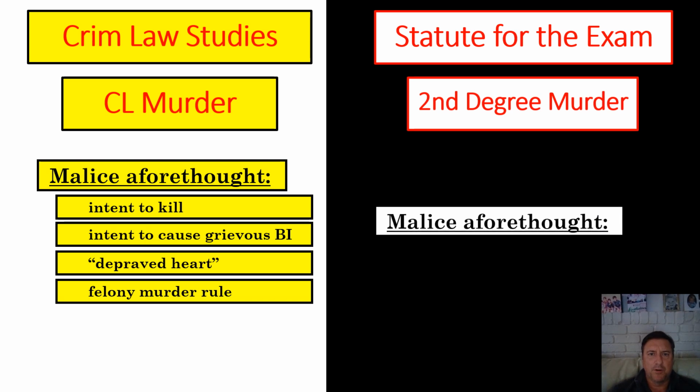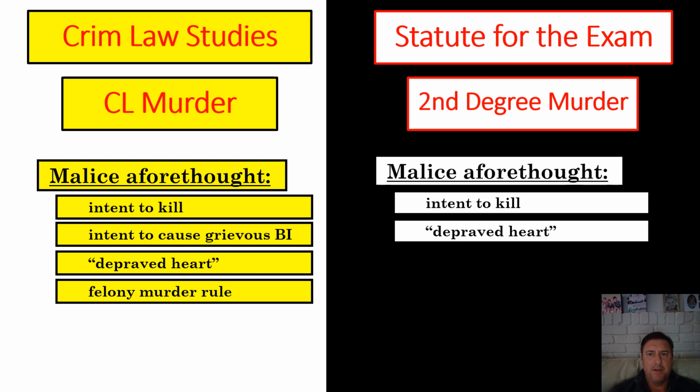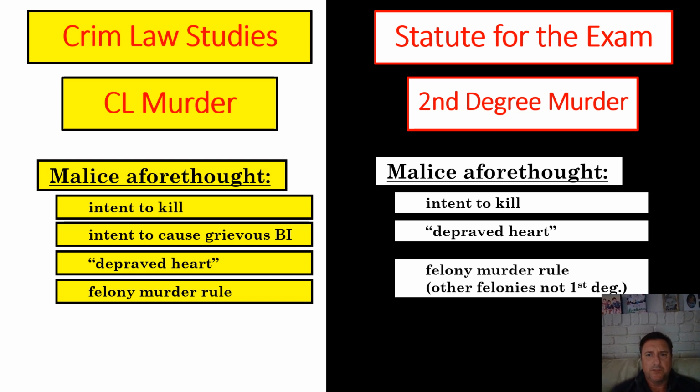And then look at second degree murder. Yeah, I'm bringing over the same malice aforethought decision. Maybe I don't like the grievous bodily injury part, so I bring over intent to kill, I bring over depraved heart, and then I bring over some sort of catch-all to my felony murder rule, right? We studied California. They do something like this with Section 189. So their felony murder rule in murder two is essentially all other felonies. They've listed out the ones they like, just like I did on the previous slide, of the underlying felonies that represent first degree. All the other felonies represent second degree and are part of the malice aforethought decision.